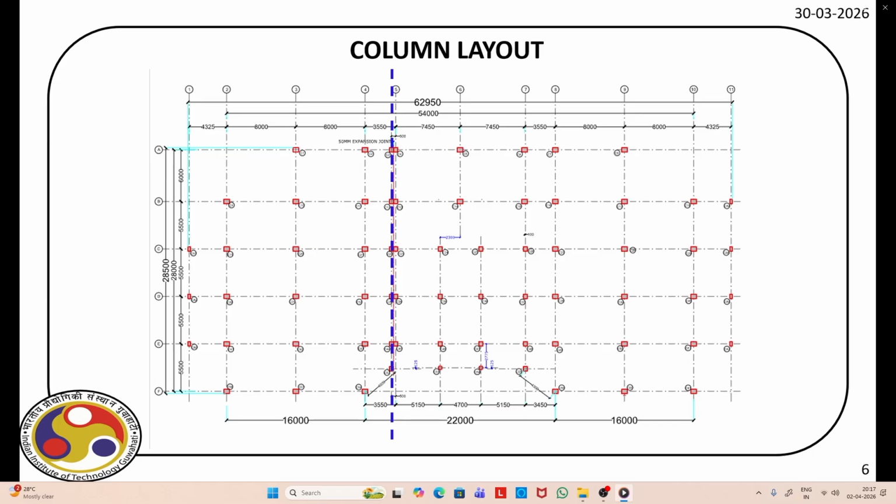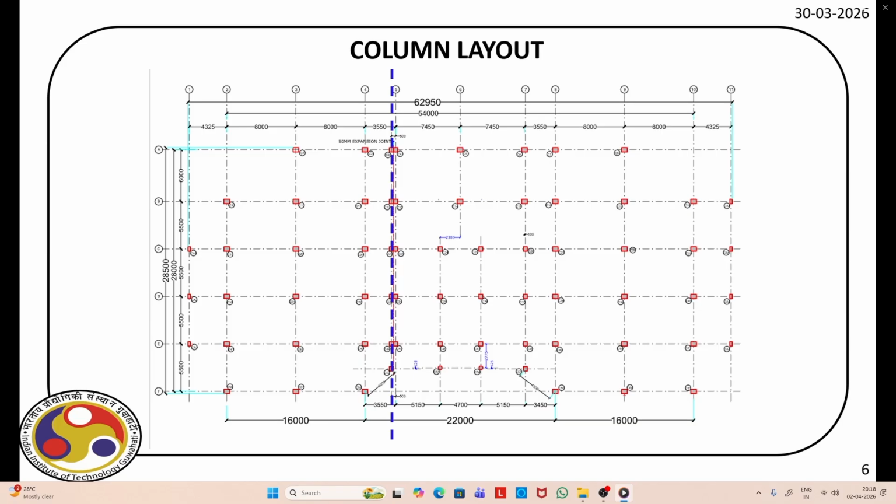So what we are going to do is to model the right side of the building, and for that we can identify this grid dimensions. We will create that grid as we progress. You will see. One more thing to be noticed here, if you look at the right part of this blue dotted line, this part is not purely symmetric. So this point we will further explore when we go to the modal analysis. We'll see its impact. We'll see that there will be some torsional modes appearing because of this asymmetry in plan. In most of the real life structures, we have this type of asymmetry because of the functional requirements.